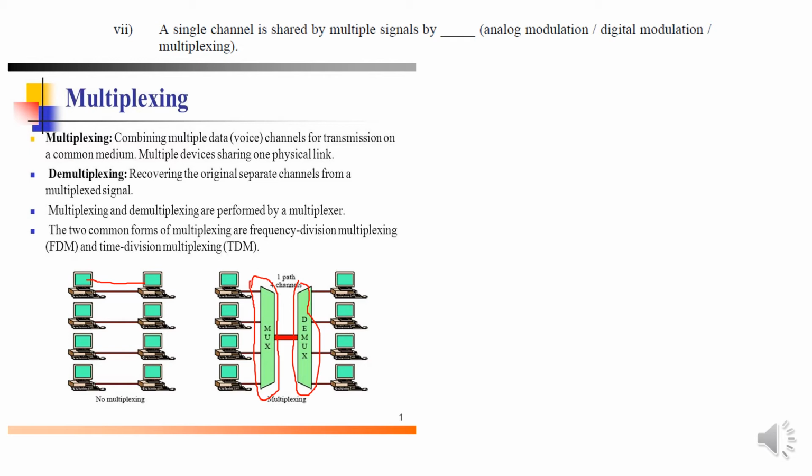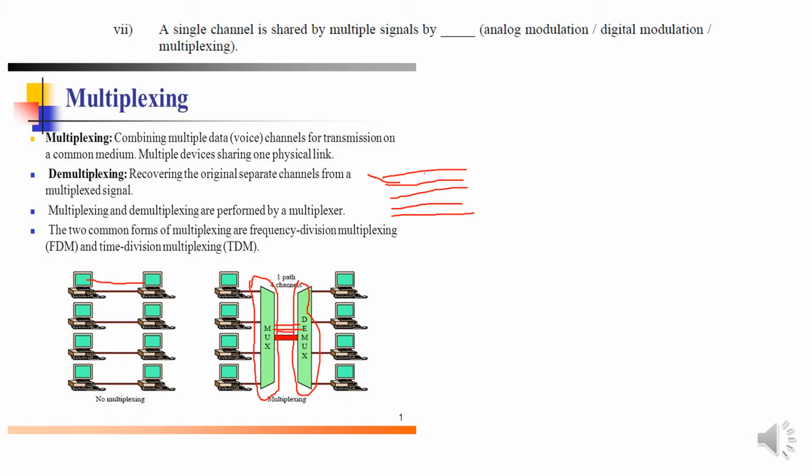This could be of two types: one is frequency division multiplexing, another is time division multiplexing. In case of frequency division multiplexing, suppose this is the total channel size. This channel is internally divided into smaller sub channels, and all four signals travel through these sub channels. The signal from this machine goes through this path, the others through theirs. All signals are going simultaneously in the channel through multiple paths.